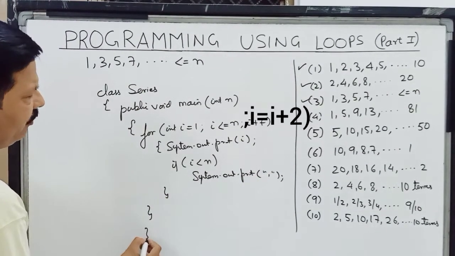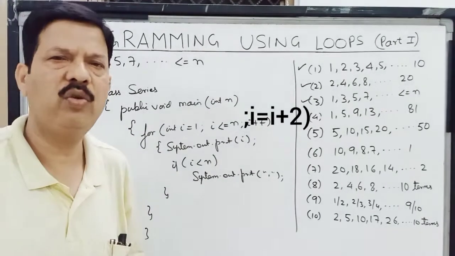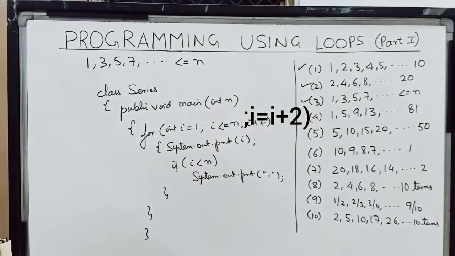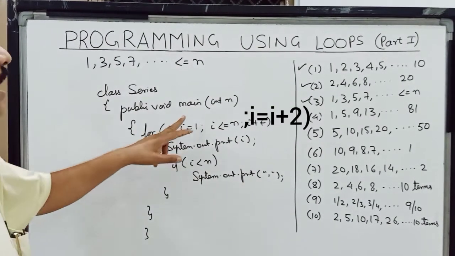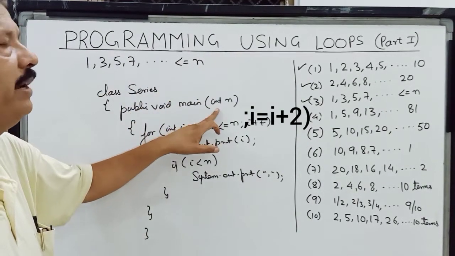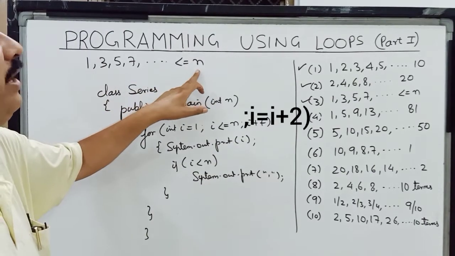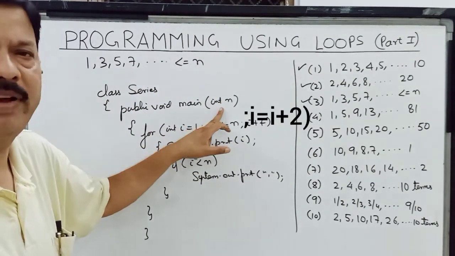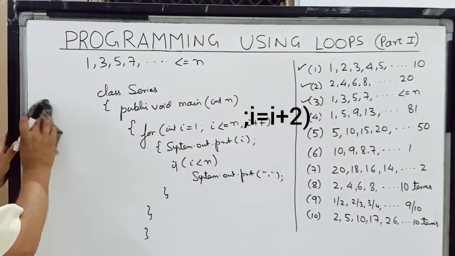And children, even if you don't print this comma over here, your series is getting printed. You will get marks for that also. So I hope this series is clear to you all. Here the unknown term in the series I have entered, and as it will be any integer value, that is why I have taken the value of n as integer.